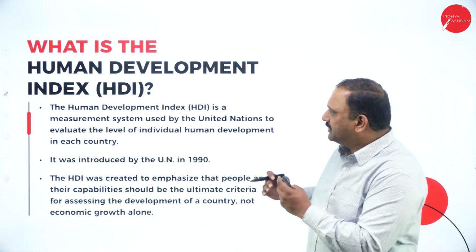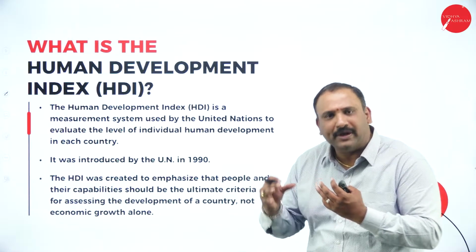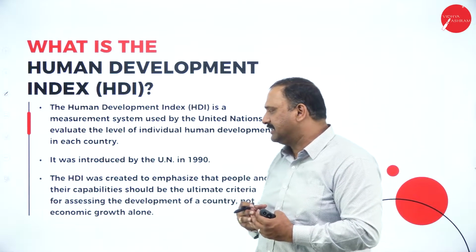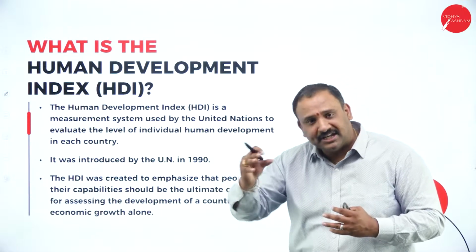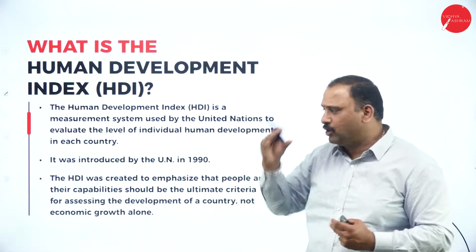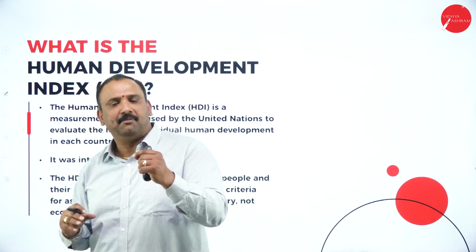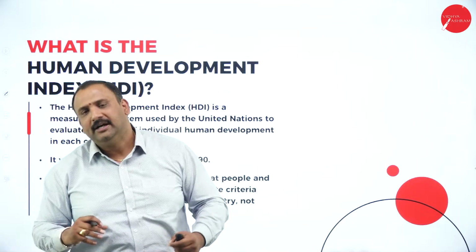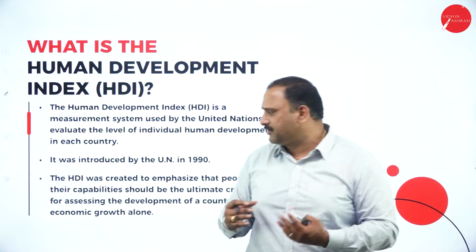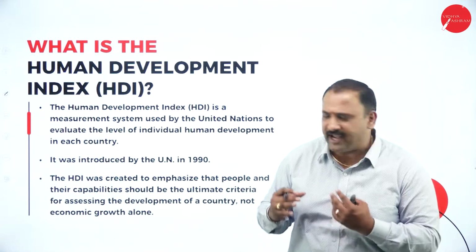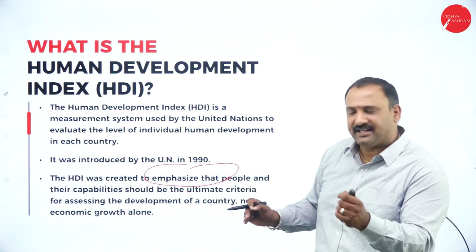So when I go further, I just want you to understand how the measurement system is being put in place. Now, let's try to understand the measurement system. And this measurement is applicable for each and every country across the globe. So definitely when the United Nations came up with this index, they had kept in mind the various countries of the world, including the underdeveloped countries, the developed and the developing countries, and there has been a benchmark that has been created. Now the HDI was to be in terms of emphasizing the people and their capabilities.